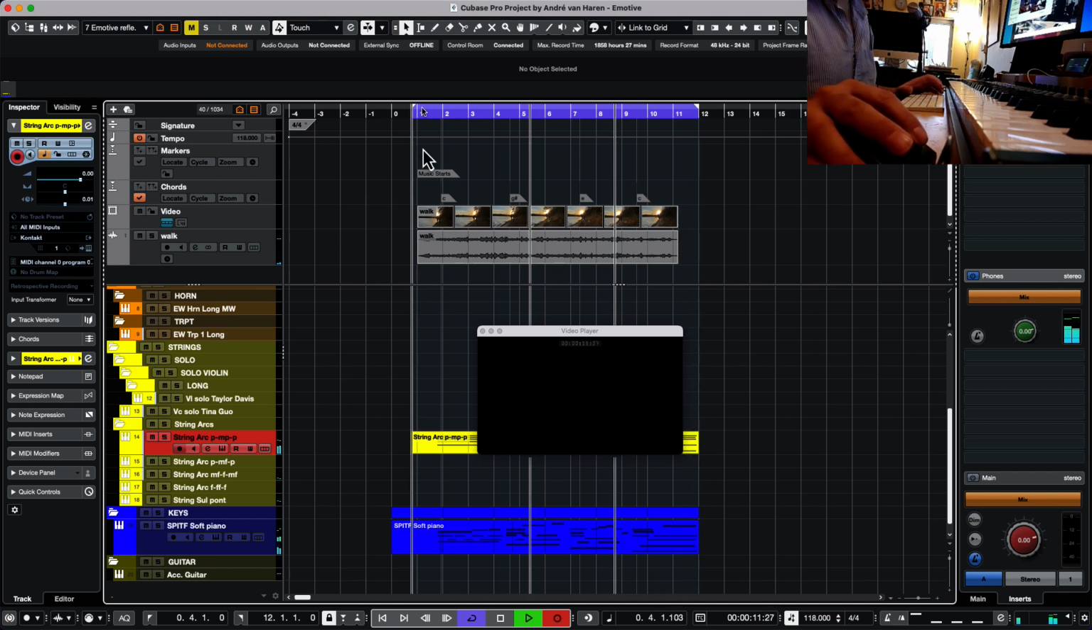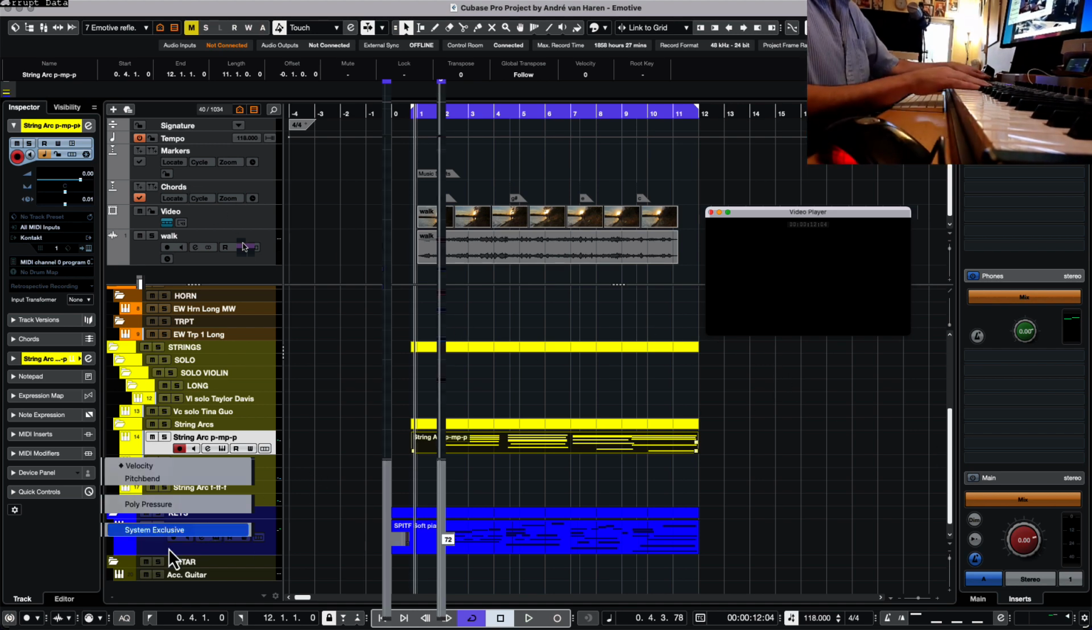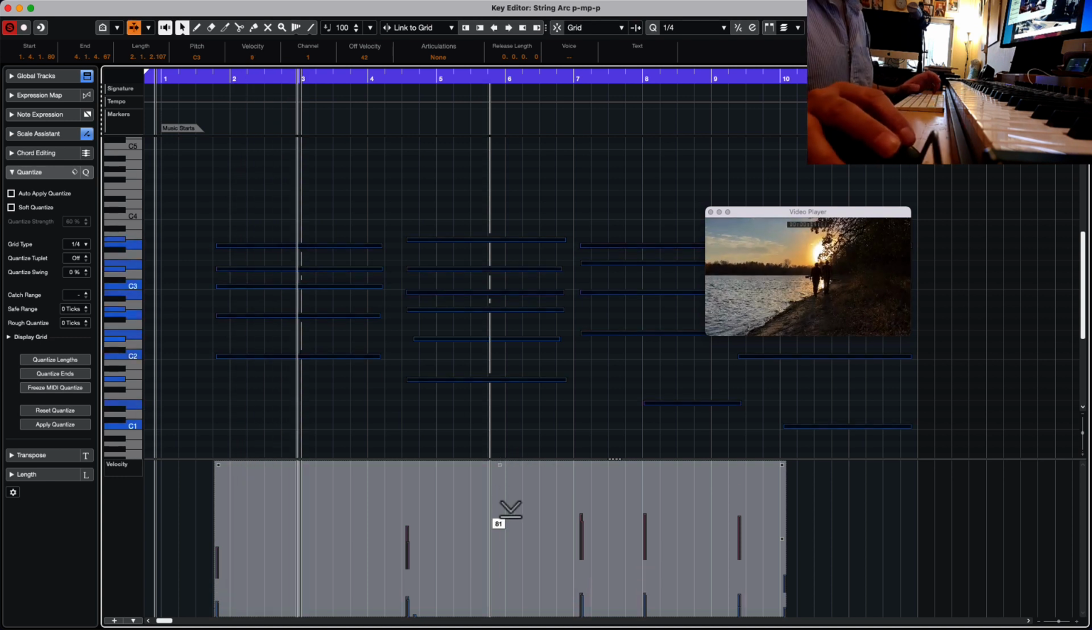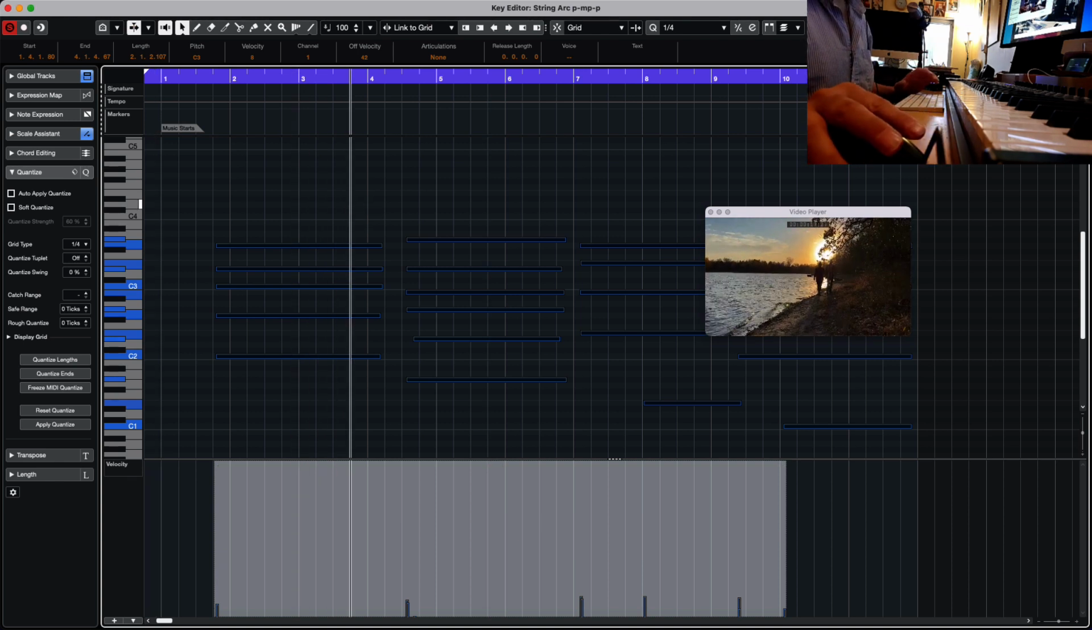A little bit too loud actually. Even when they are arced already, I assume they are velocity based, so I can use the key velocity to bring this down a little bit. Let's see. I'm not sure if they're velocity based. Yeah, they're velocity based, but also